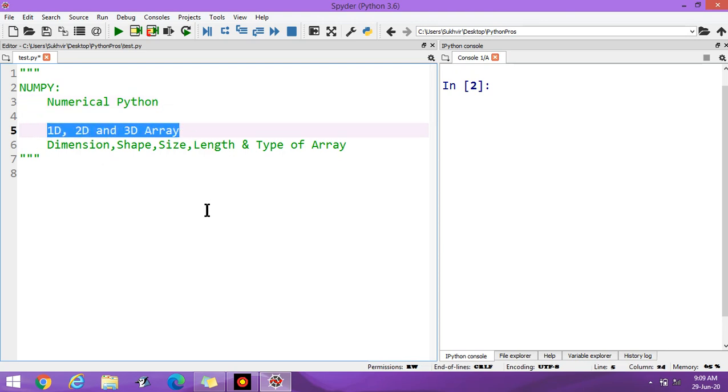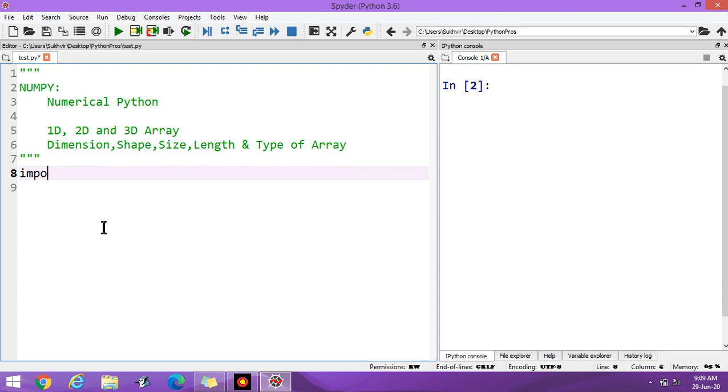I am going to discuss 1D, 2D and 3D arrays today, and in these arrays, how to calculate dimension, shape, size, length and type of the array.